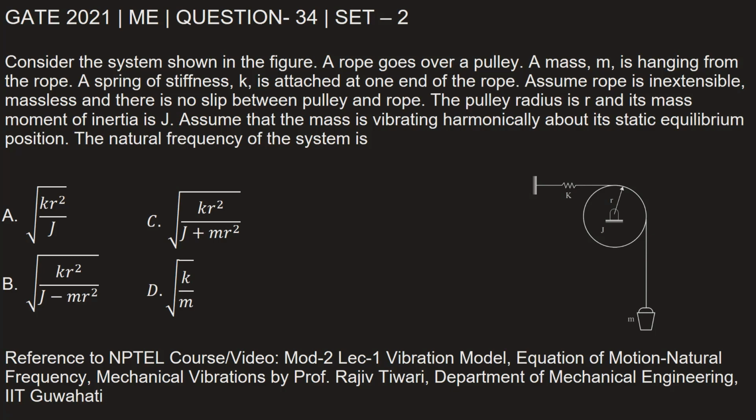The pulley radius is R and its mass moment of inertia is J. Assume that the mass is vibrating harmonically about its static equilibrium position. The natural frequency of the system is dash. Let's find out. Now here we can see that the degree of freedom of this system is theta, because when the